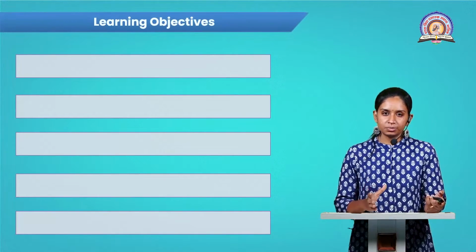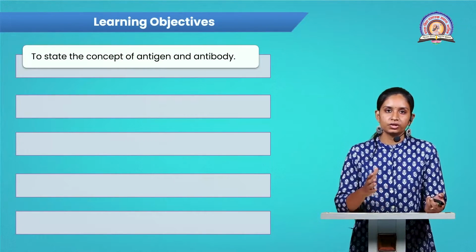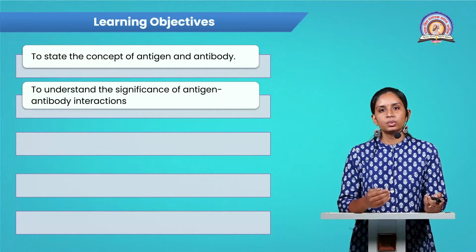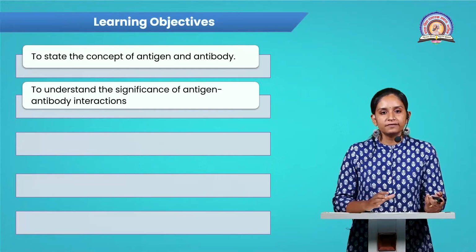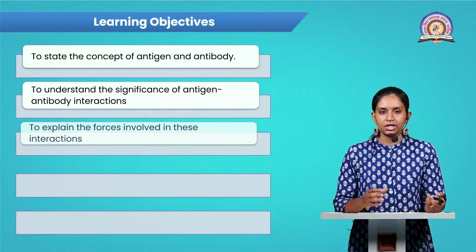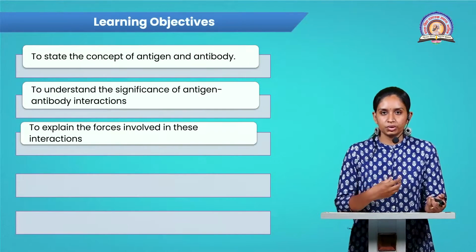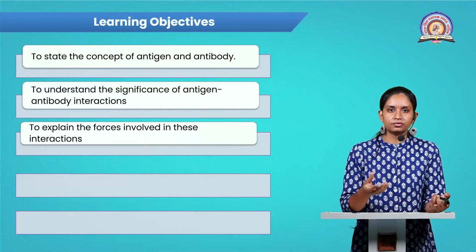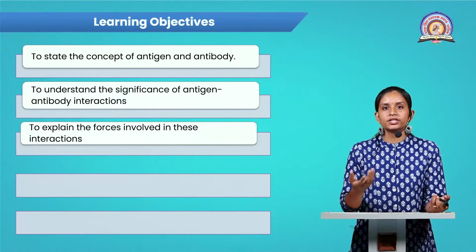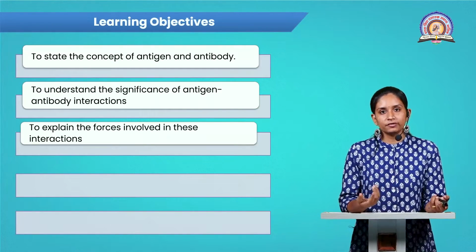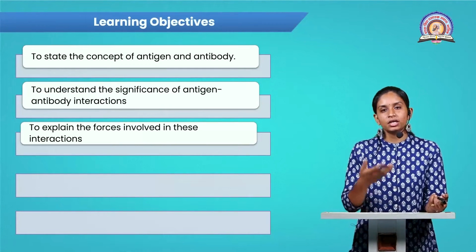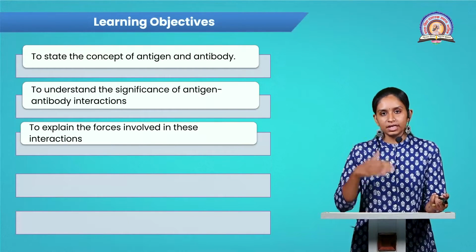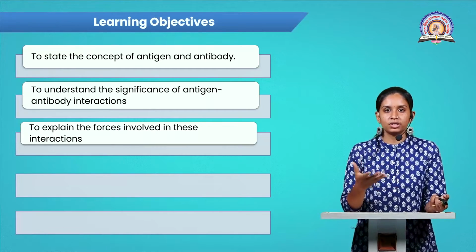So the objectives of today's session are, firstly, you need to understand the concept of antigen and antibody that we have just discussed. Then second, you need to understand the significance of this antigen and antibody interaction. As I have told you, antigen is foreign to your body. So when it enters inside your body, if it is a pathogen, for example bacteria or virus, then it is going to be harmful to your body. That means it will enter your body and it will start damaging your own cells or own tissues. So in this case, if the antibodies are secreted against this antigen, then what these antibodies will do